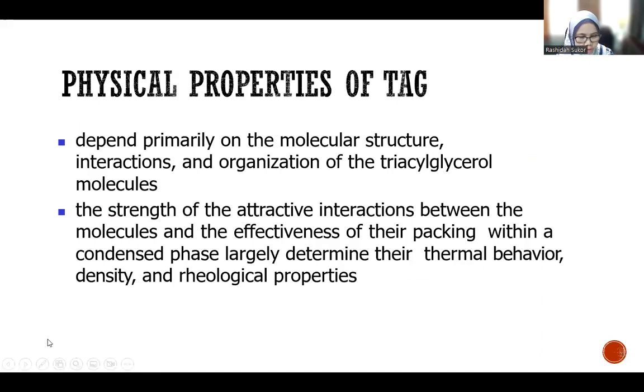Okay, then we go to the physical properties of TAG depending primarily on the structure, interaction, and organization of the triacylglycerol. Okay, so the strength of the attraction between these molecules and effectiveness of the packing within a condensed phase. Maksudnya macam mana dia packing within this phase of the solid or liquid is largely determine, dia akan determine dia punya thermal behavior. Thermal behavior ni nanti tengok dia nak melting kat mana, solid fat content dia macam mana. Okay,